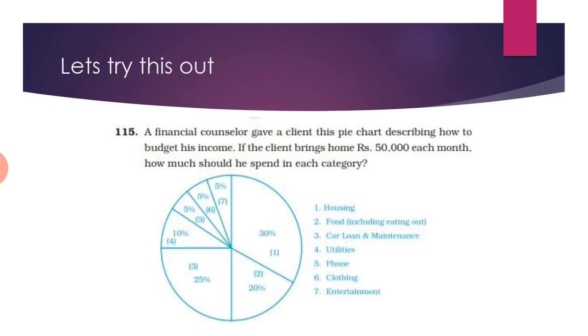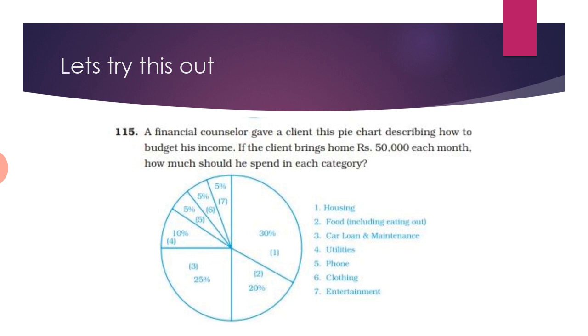So now look at that. If you count all the percentages, 30% plus 20 becomes 50. 50 plus 25 becomes 75. 75 plus 10 becomes 85. 85 plus 5 plus 5 plus 5 all becomes 100. Now here therefore your total frequency is not anything else but 100. So suppose I have to find out housing. The first one, the biggest sector, is housing, which is 30%.